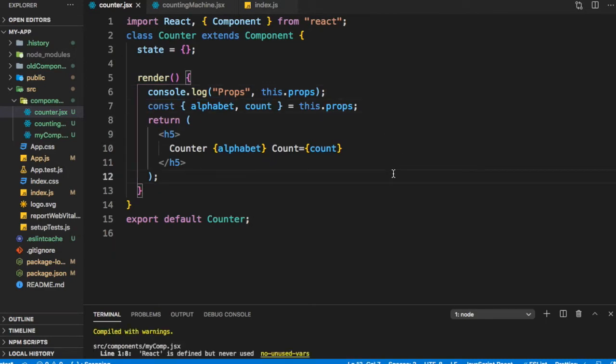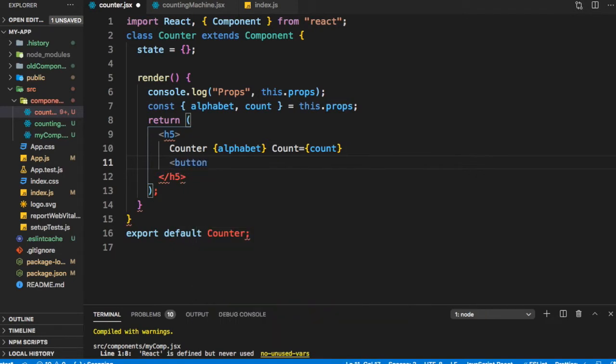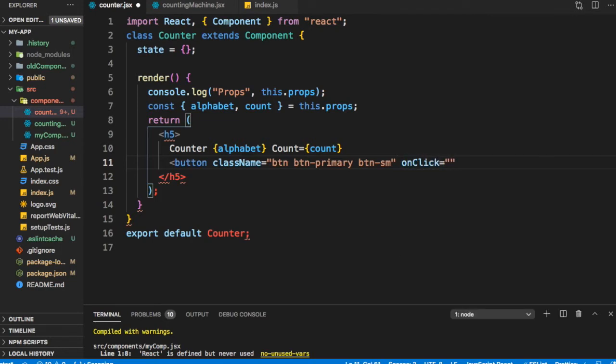Now what is the next thing we wanted to do? We wanted to show a button to increment it. So let me just put in a button, btn primary btn sm. Let me put an onClick is equal to this dot handleIncrement.